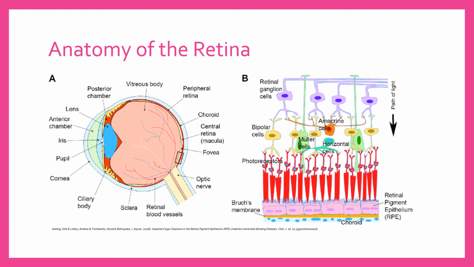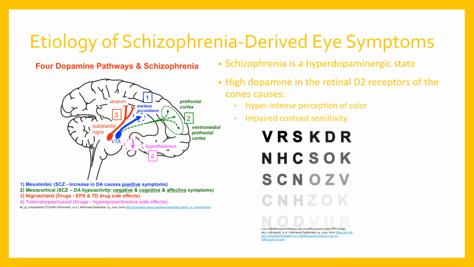And with the eye overall, the light first passes through the cornea and the anterior chamber. The iris can constrict or dilate to control the amount of light entering the eye. The light then passes through a clear lens, which then goes through the vitreous before hitting a specific part of the retina. So now that we've learned some of the anatomy of the eye, let's dive back into how schizophrenia is related to some of the eye abnormalities.